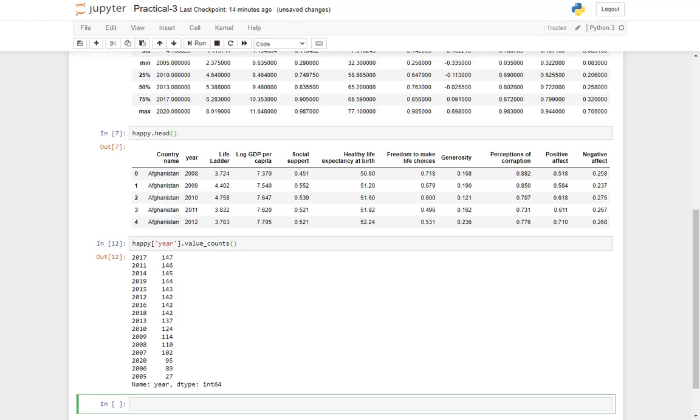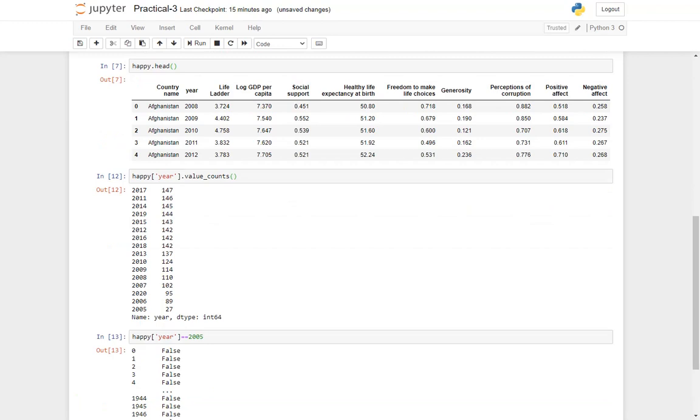So if I want to find out for which all countries it has been recorded, so happy, country name, sorry, year is equal to 2005.